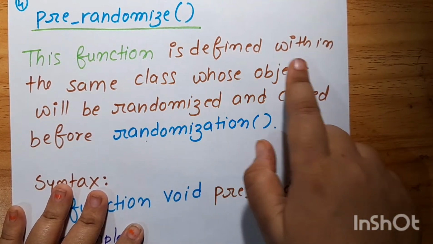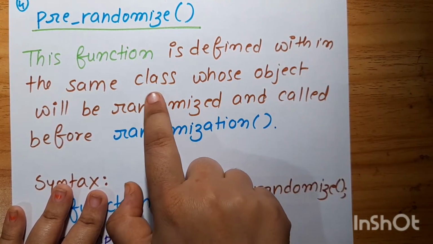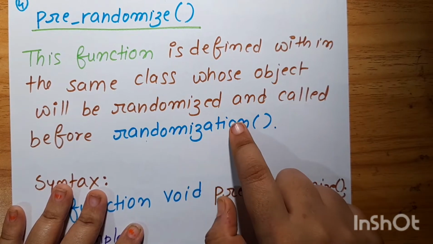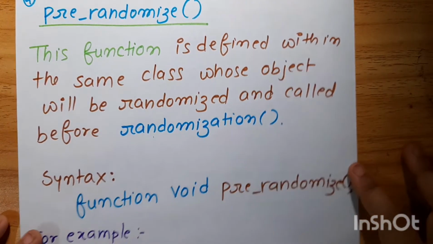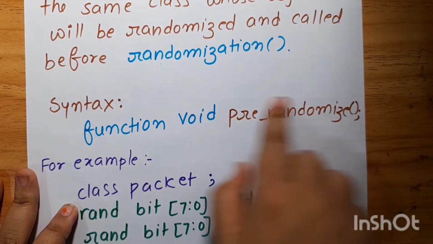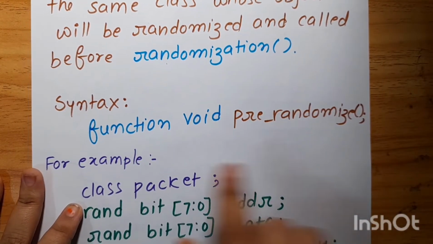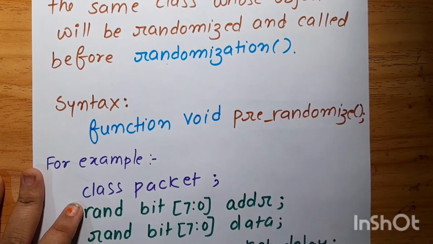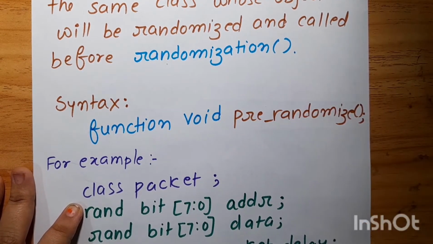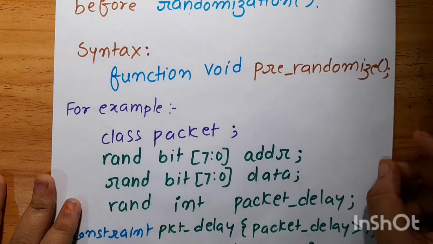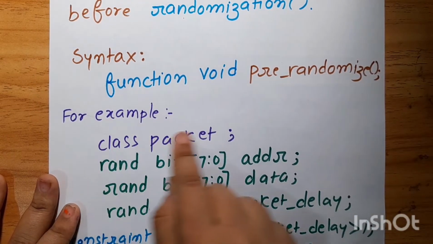This function is defined within the same class whose object will be randomized, and it is called before randomization. So what does the syntax of this function look like? function void pre_randomize();